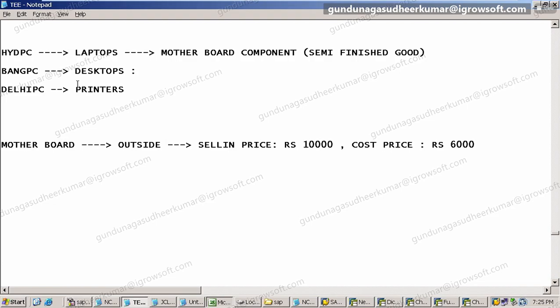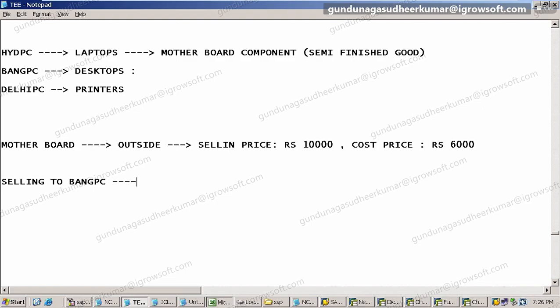We are not bothered. But now you have profit center accounting. We are drawing the lines. This is my profit, that is your profit. So we are asking for the performance of each profit center separately. Tomorrow we are going to call Hyderabad people, show me your performance. So now when you are selling, you understand the point here. When we are selling to our Bangalore profit center,